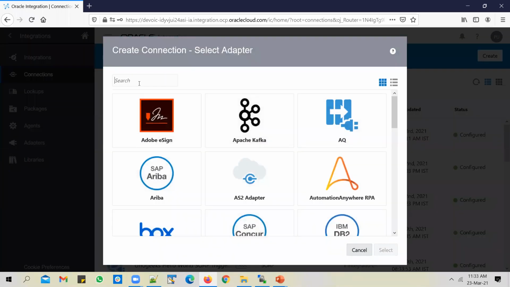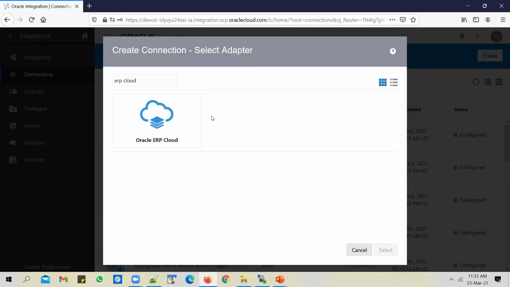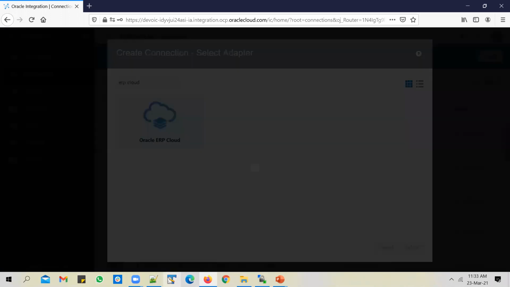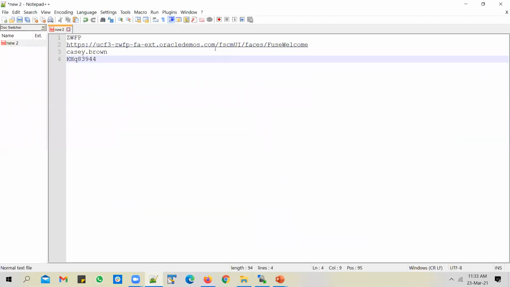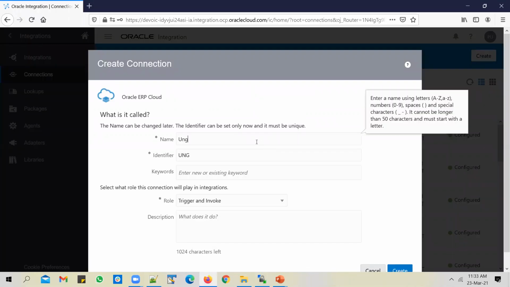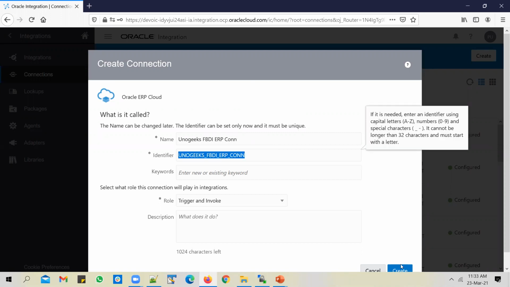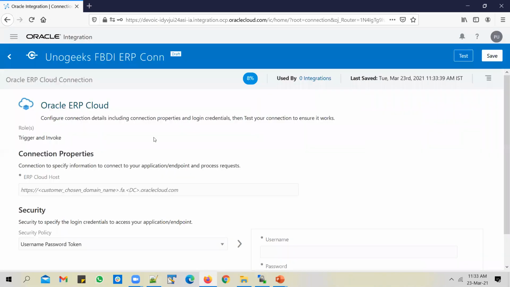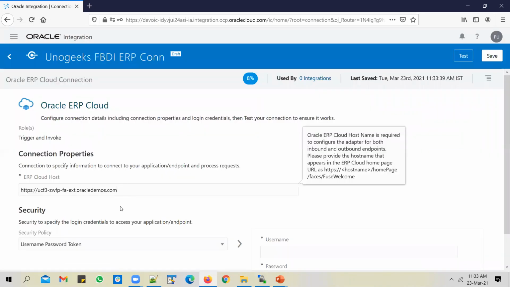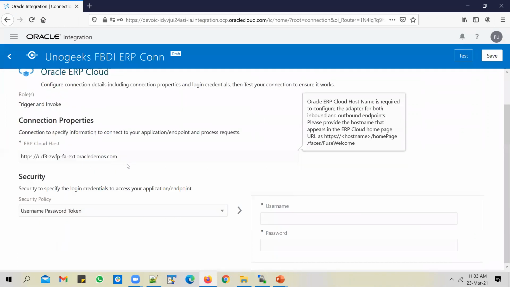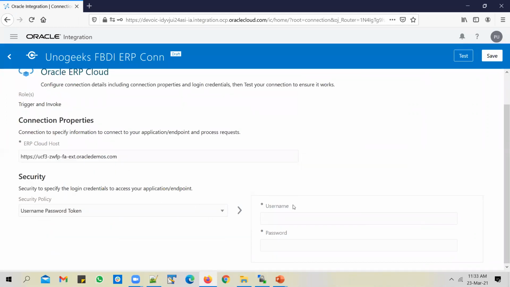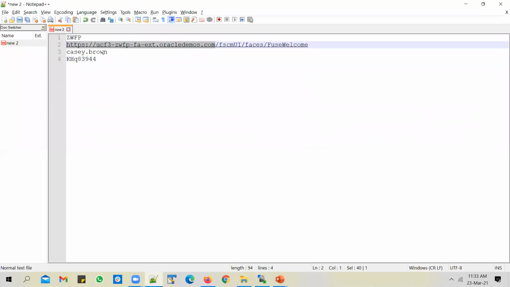Let's create the ERP Cloud connection. Select the ERP Cloud adapter. We'll use a public cloud instance for this. I'll call it Geeks FPDI ERP connection. Leave it as trigger and invoke and create it. Paste in the ERP Cloud instance name, and enter the username and password.